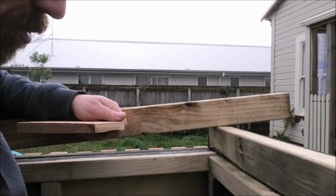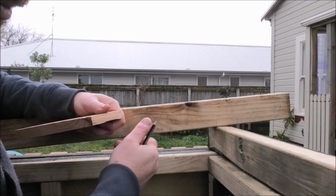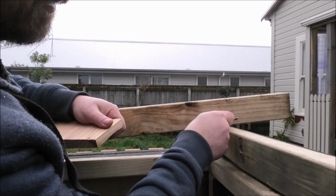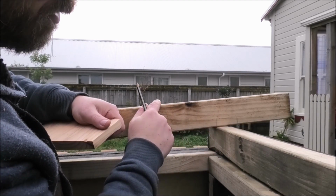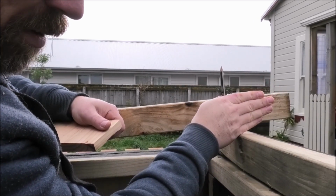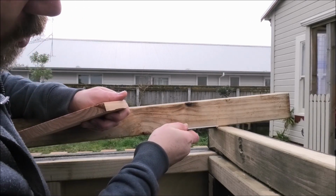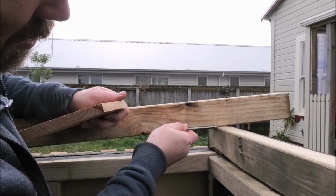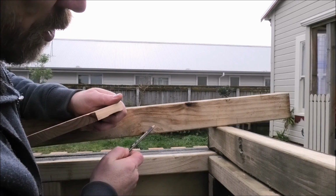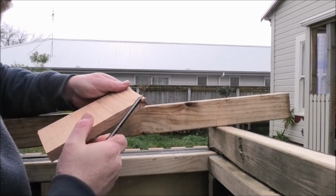So I'm building the frame for the roof. I've already cut the pieces of framing, but before I assemble the roof frame, I'm going to put some cuts in the pieces of the framing that will be sitting on the frame of the body of the shed. The reason I'm doing that is, you can see just now there's only one tiny point of contact between this piece and that piece, and I want things to be a bit more stable. I'd like this to be able to sit flat on there. And so